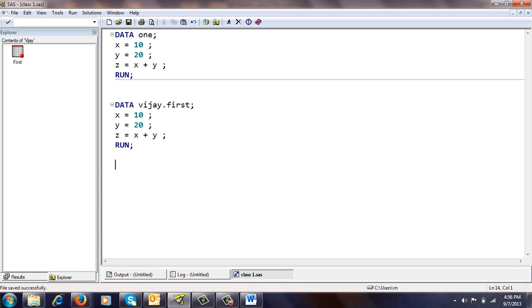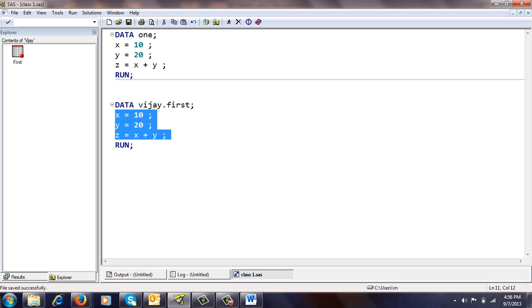So you have seen here how to create libraries. The same libraries you can create in your systems as well. Now here, data is the keyword for starting a data step. Vijay is the library name. First is your data set name. Then here again the x, y and z.